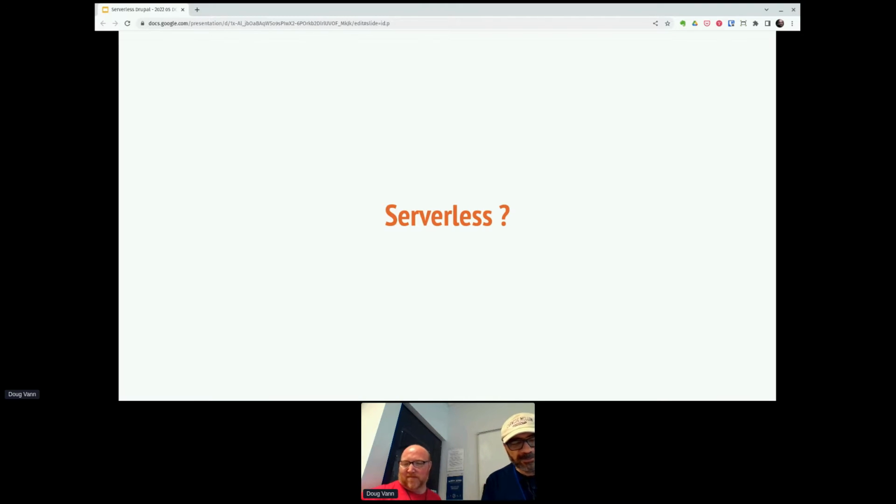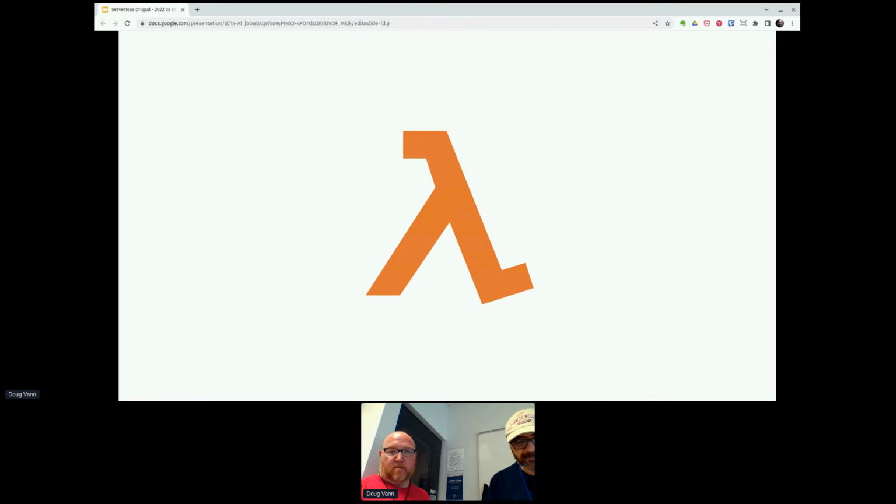Okay, so in this case, Lambdas are not really great for running Drupal, but there are other serverless patterns that we can use for running Drupal. And for running Drupal in a serverless manner, one of the best ways is to use containers with managed services. So if you go to the next slide,